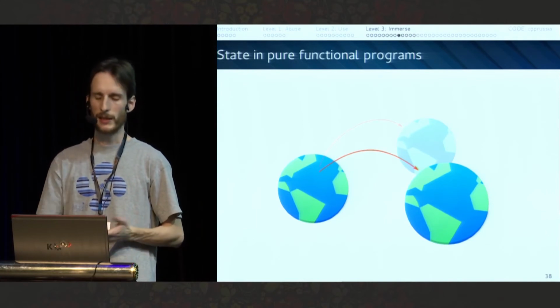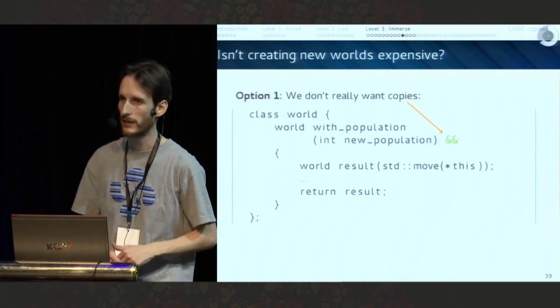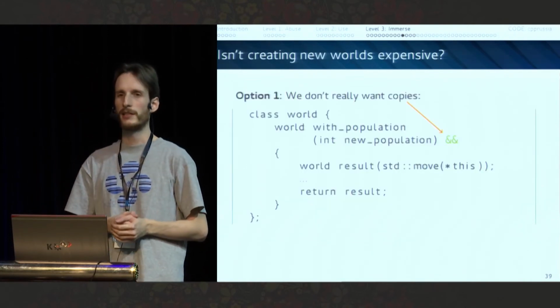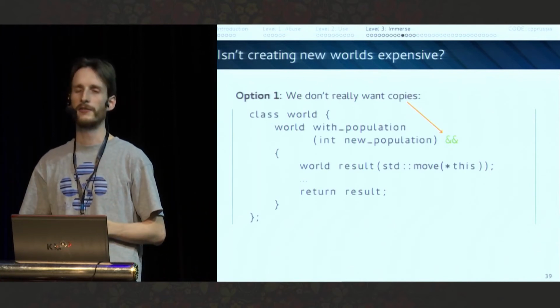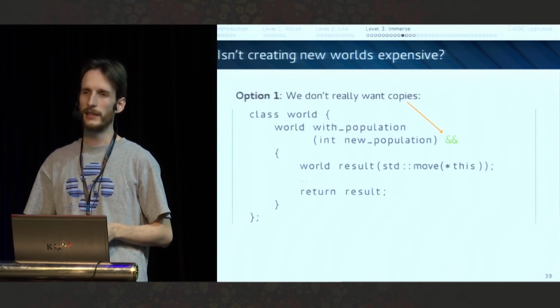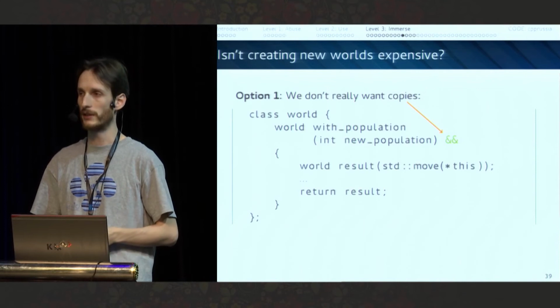And C++ allows us two options how to solve this. One option is to provide the API that looks like it's creating the new world, but the API that cannot ever be called on a non-temporary object.